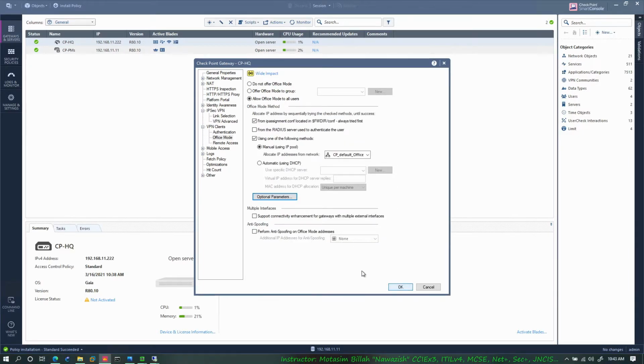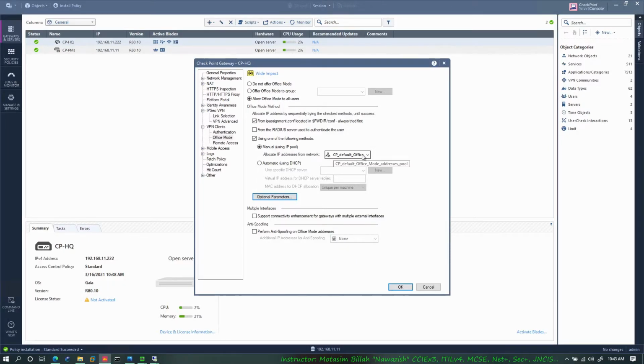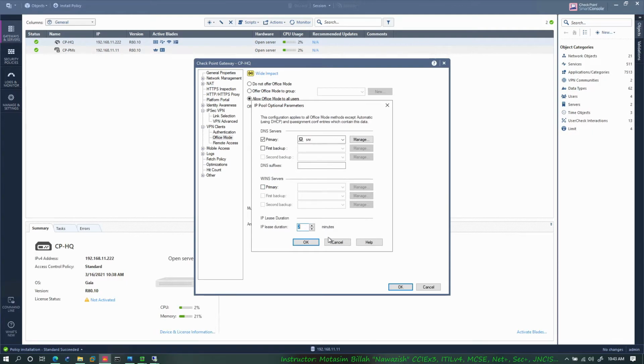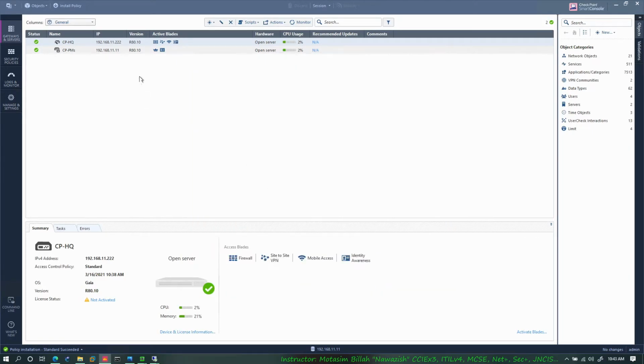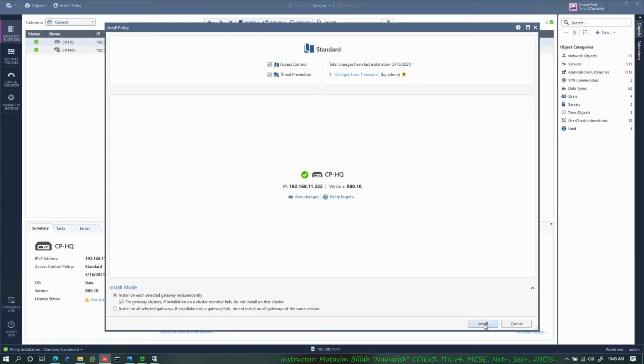And OK, because when VPN clients connect to this gateway, they will get an IP address from this range which is defined here. Normally it is created from the class B range 172.16, and you can create new ones or modify the existing one. For the optional parameters like DNS and WINS server, you need to manually come and define your primary and secondary DNS servers. So I'll say OK, and let's go ahead and install this, and then go to the client PC, and we do the installation of the